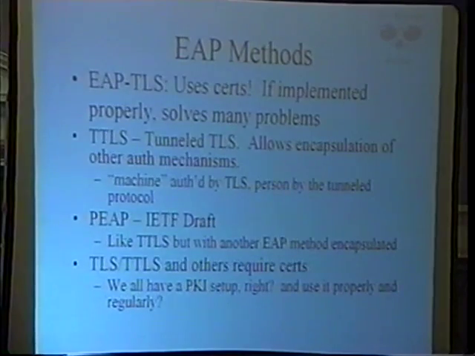Okay, next one, TTLS. This is effectively, you set up your TLS connection via EAP. So you've got EAP over LAN, which is the connection between the client and the access point. And then you've got EAP encapsulated in something else like RADIUS between the access point and the authentication server. So in the middle of that, you create this TLS tunnel. And then underneath that, in that TLS tunnel, now that I've got an authentication channel, I can pass anything I want in theory because it's encrypted. I can send clear text passwords, but since they're in that TLS tunnel, I don't care. So it allows me to kind of bootstrap existing authentication mechanisms up into EAP-TLS.